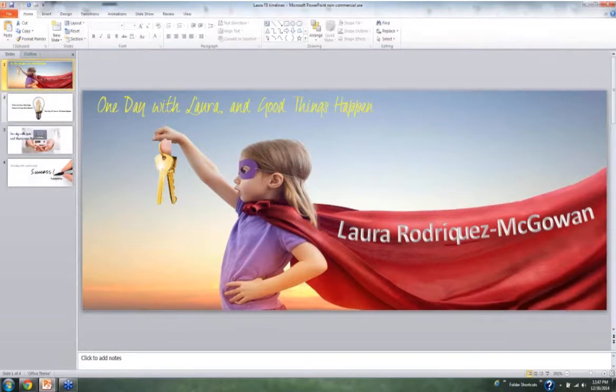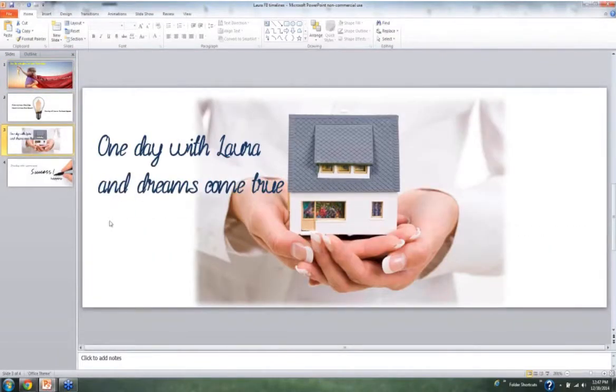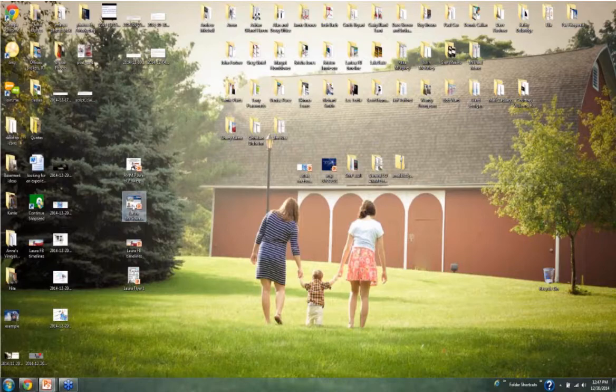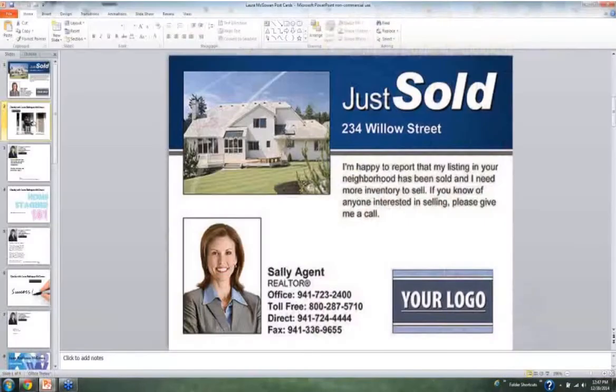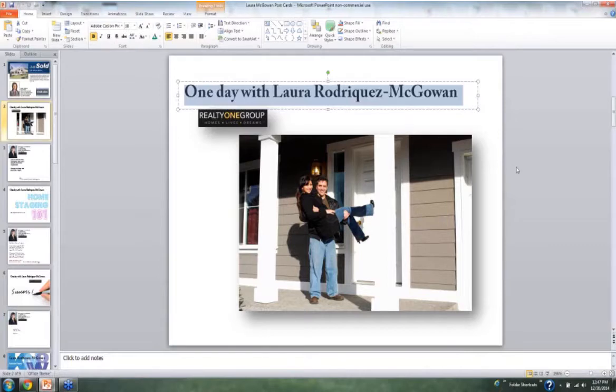So yeah, these are ideas that could be her brand. Her brand is One Day with Laura. Everything that she does in her postcards is her slogan. Because if you confuse people, you lose people. So keeping it simple is usually the best and easiest way, and making it emotional, with a connection that speaks to the heartstrings and answers questions that are already in their